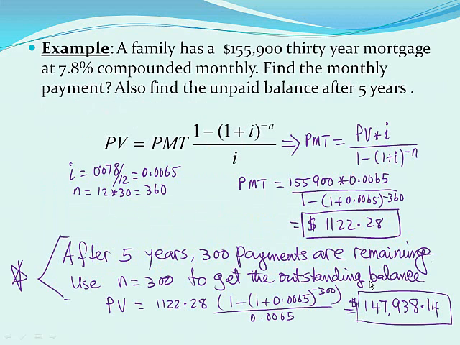Here is an example of a typical mortgage calculation. A family has a $155,900 30-year mortgage at 7.8% compounded monthly. Find the monthly payment and also find the unpaid balance after 5 years. So the monthly interest rate will be 0.0065. For a 30-year mortgage, we will be making 360 payments. So the payment is calculated using the amortization formula up here, and the payment comes out to be